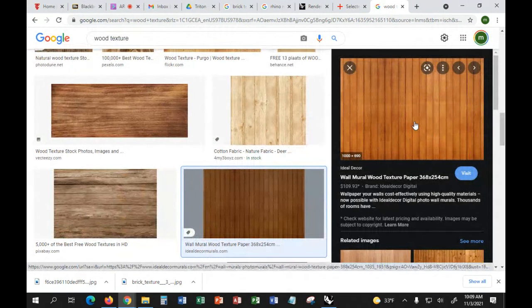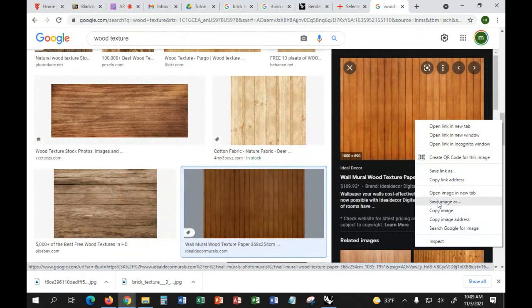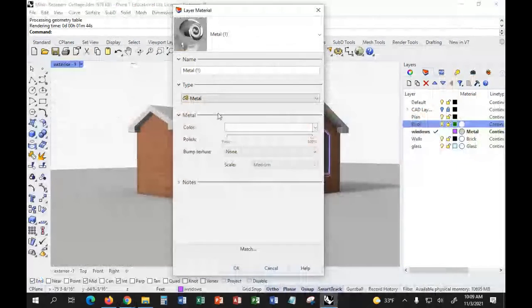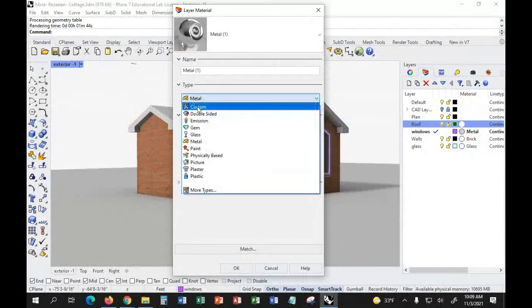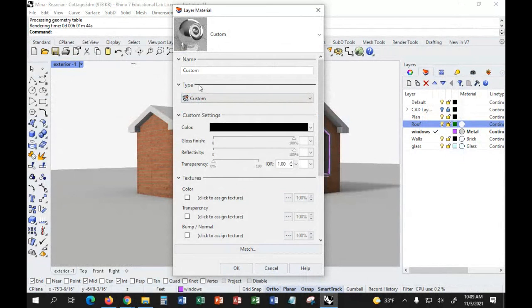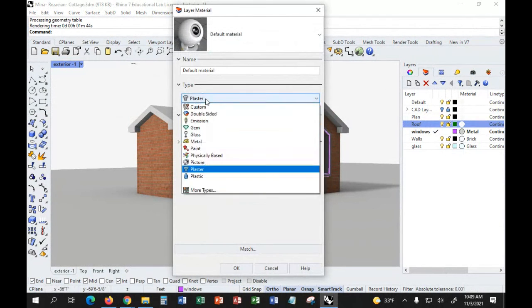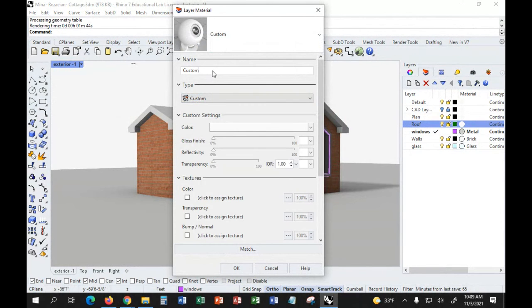We're going to check the size. This looks fine. I'm going to quickly save the image as, and then go in. I mean, as I said, we don't have to do these materials that I'm using. I'm going to go under custom. I'm going to change this to wood. I mean, obviously, roof doesn't have this type of material, but